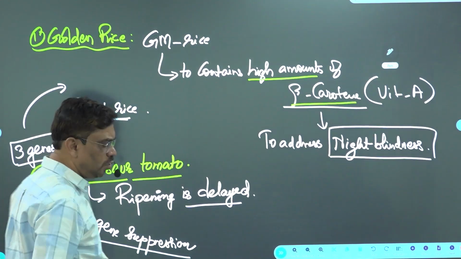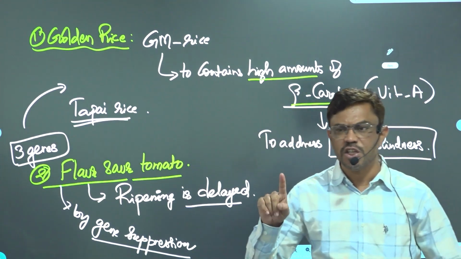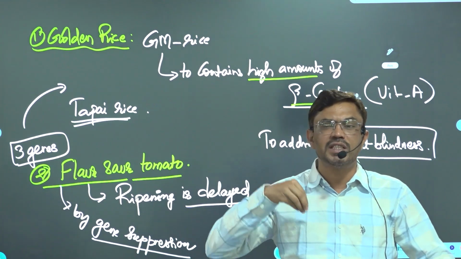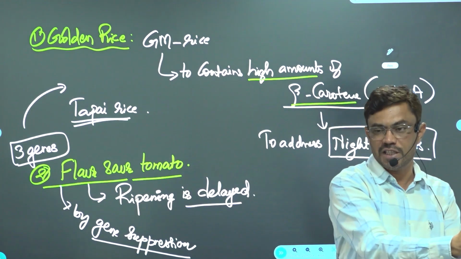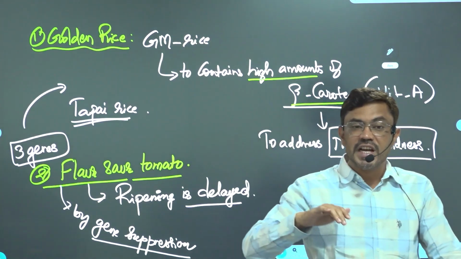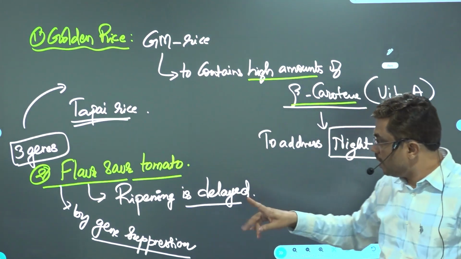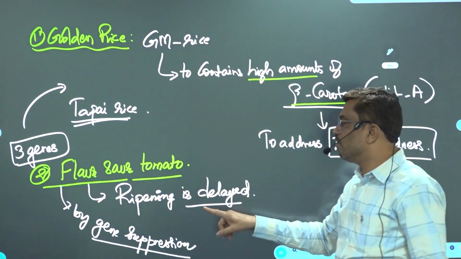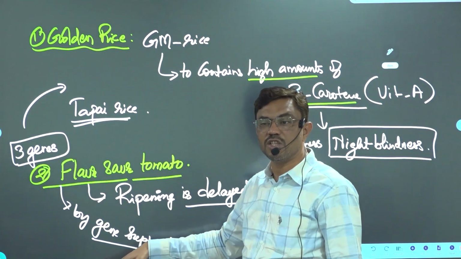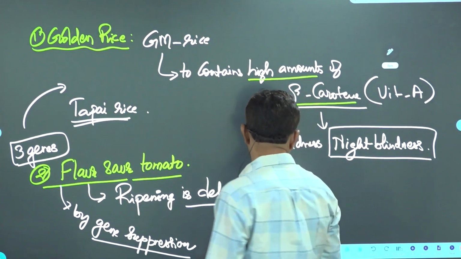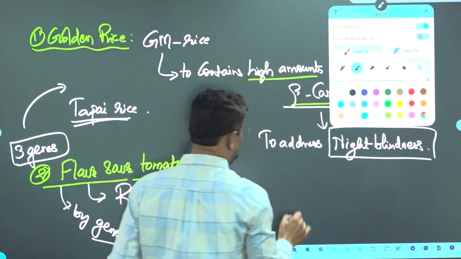So I already told you, by this genetic modification, we can introduce our desired gene into the crop, or we can remove the unwanted gene. So that means we can enhance the functionality or we can suppress the functionality. Here in this flavr savr tomato, the ripening is delayed, meaning we are suppressing the activity of the gene. If you observe the ripening process, suppose you consider this tomato,